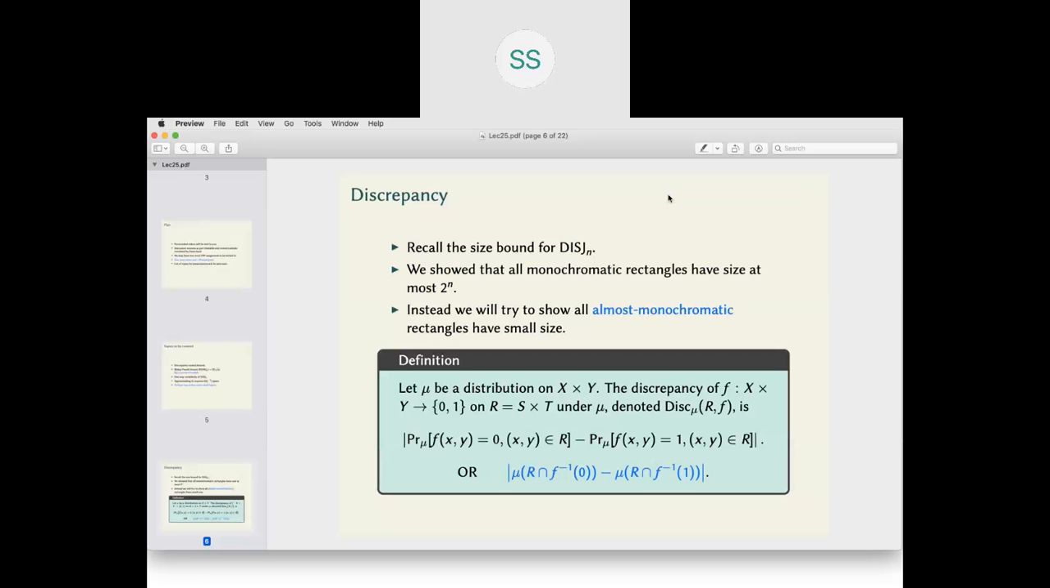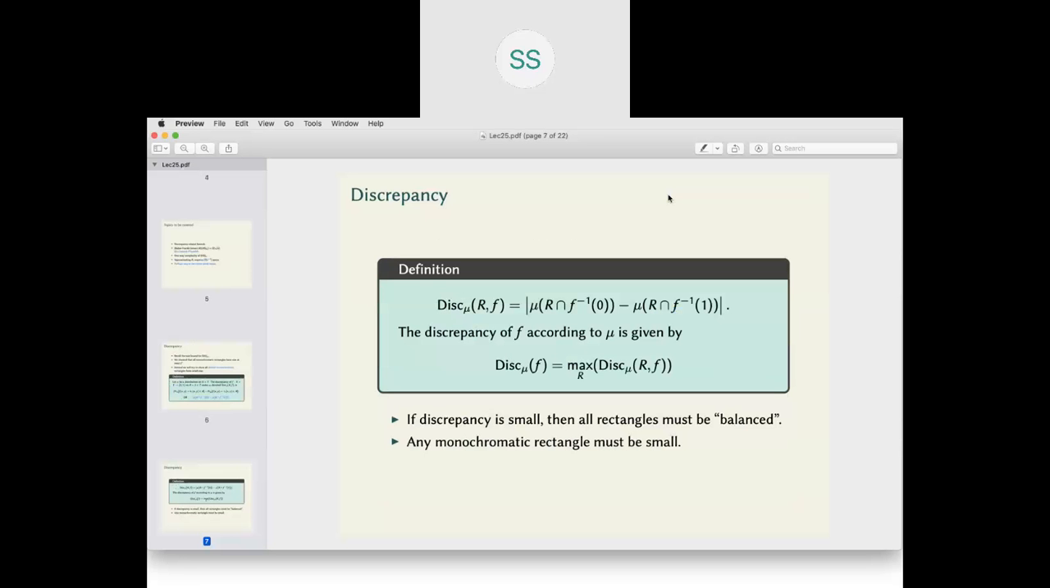Okay, so this is the discrepancy of the function of a rectangle with respect to distribution mu, and the discrepancy of the function is the discrepancy of the rectangle R which maximizes this, right? The discrepancy of the function is taken to be the maximum over all the rectangles. So if the discrepancy is small, then all the rectangles must have small discrepancy, and hence all the rectangles must be